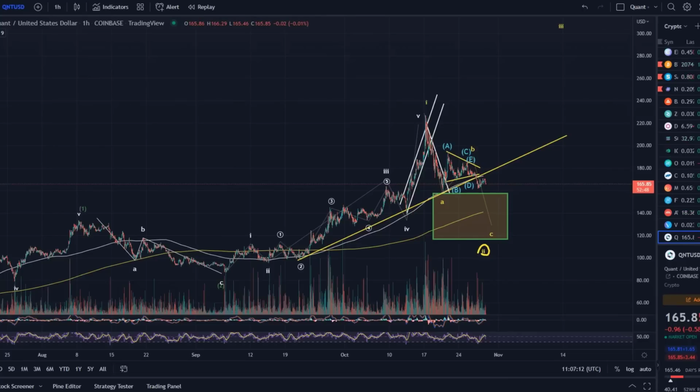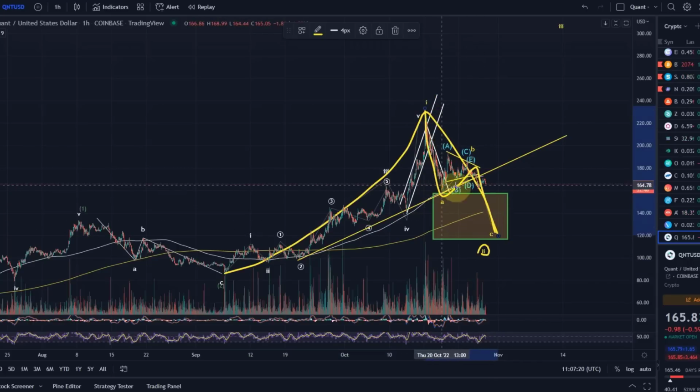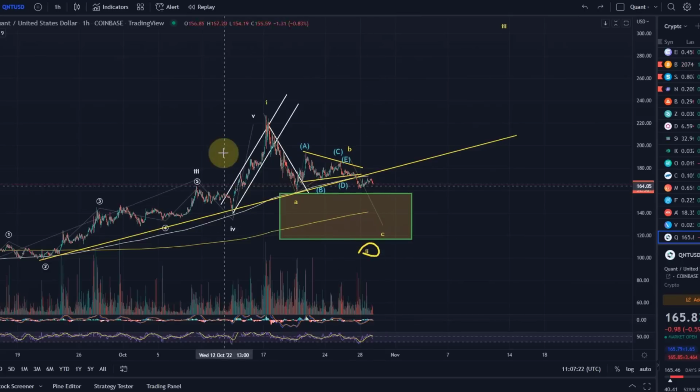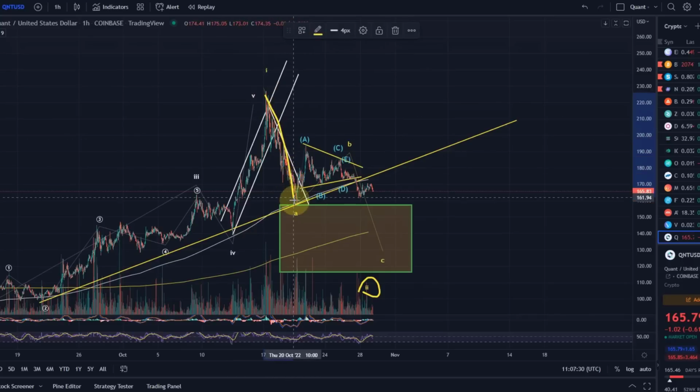So let's take a look at this wave here. We look at wave 1 to the upside, wave 2 to the downside, A, B, C. That's my expectation. In this wave 2, I think we are currently in the C wave. That's how I see it. My view is we've seen the wave A already reach the target. My view is that wave B topped here in a triangle.